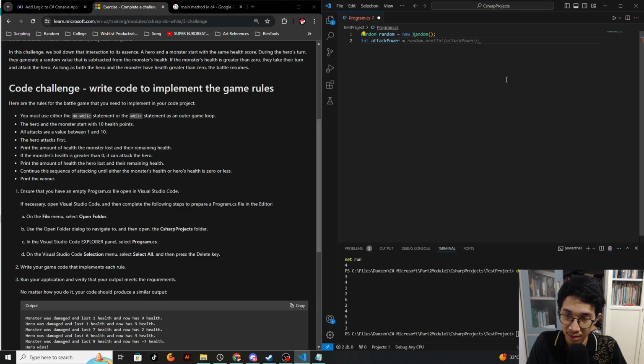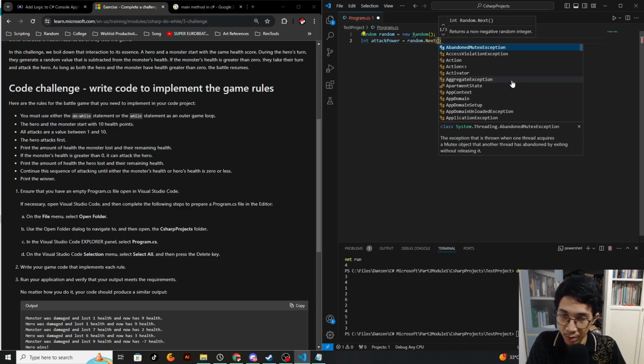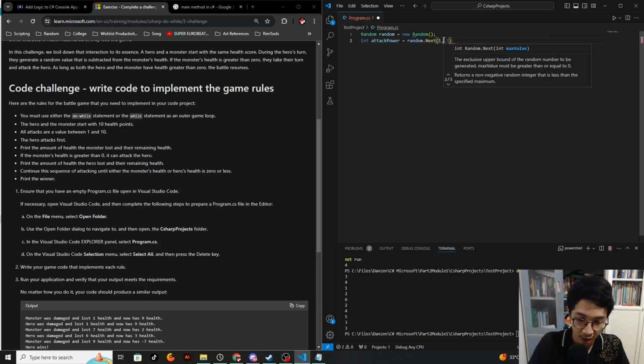Attack power will be random.Next, and then we want to know the next integer. Not next integer, sorry, this will be Next. And then the minimum value, it should be between 1 and 10, so 1 and 11,